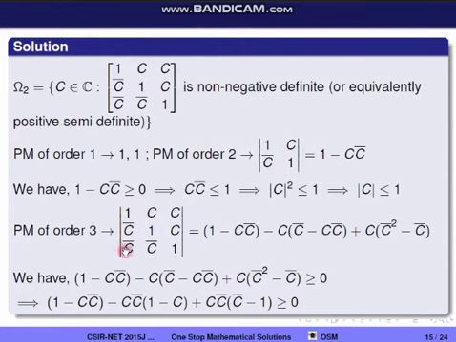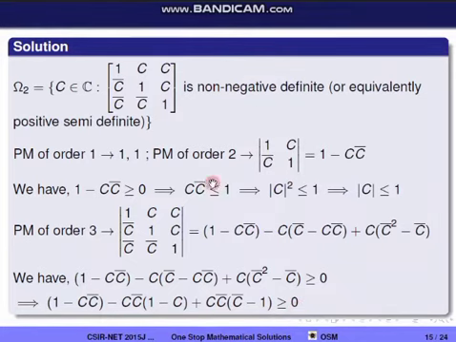So take the determinant. Once we take it, we'll get it like this. Now we have this to be greater than or equal to 0. That is, 1 minus C conjugate minus C into C conjugate minus C conjugate plus C into C conjugate square minus C conjugate greater than or equal to 0. From this bracket I am taking C conjugate outside. From this bracket also I am taking C conjugate outside. So this implies 1 minus C conjugate minus C conjugate into 1 minus C plus C conjugate minus 1 greater than or equal to 0.